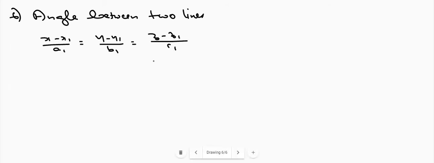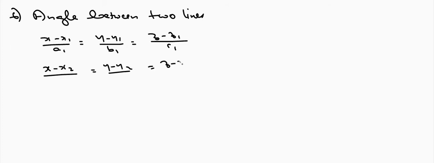The lines are given in Cartesian form. That is, the first line is (x minus x1) by a1 equals (y minus y1) by b1 equals (z minus z1) by c1. This is a line passing through the point (x1, y1, z1) and having DRs proportional to a1, b1, c1. Another line passes through (x2, y2, z2), that is (x minus x2), (y minus y2) and (z minus z2), and having DRs proportional to a2, b2, c2. The angle between these two lines is given by